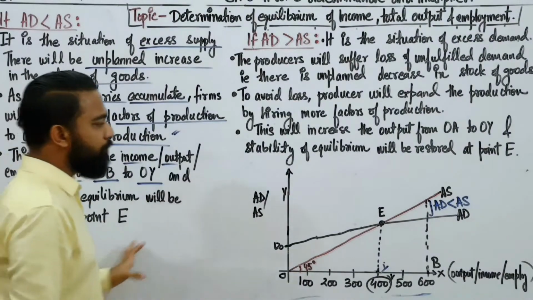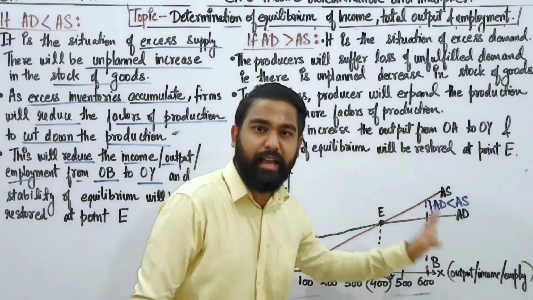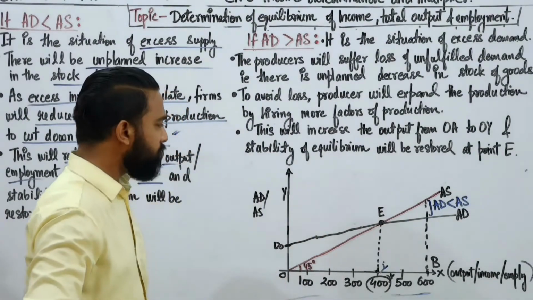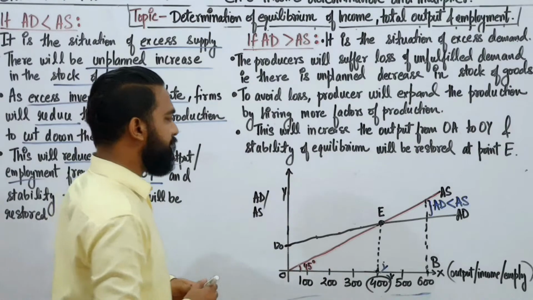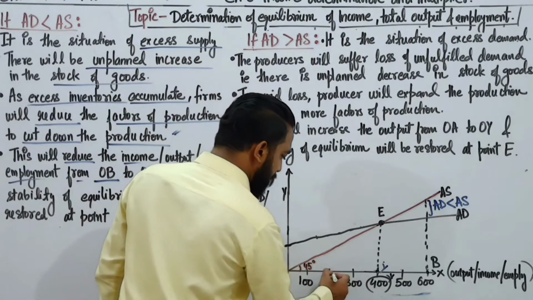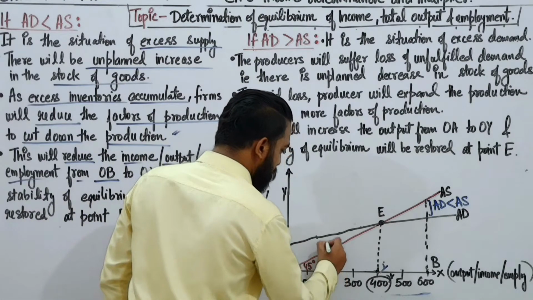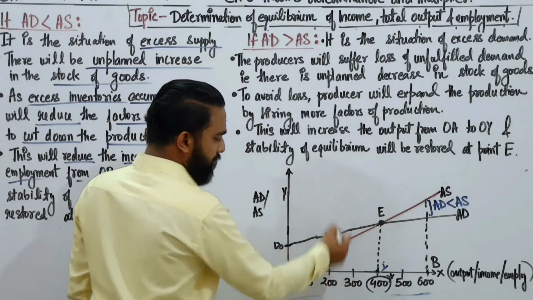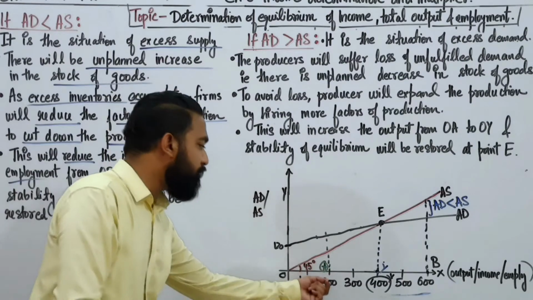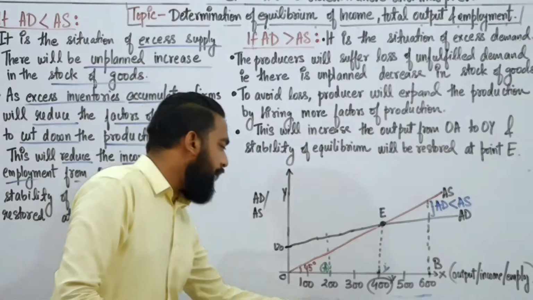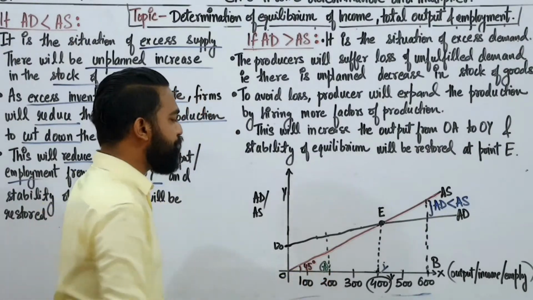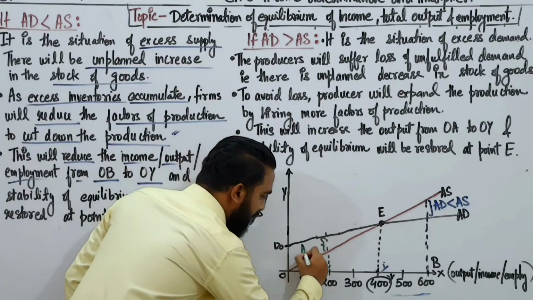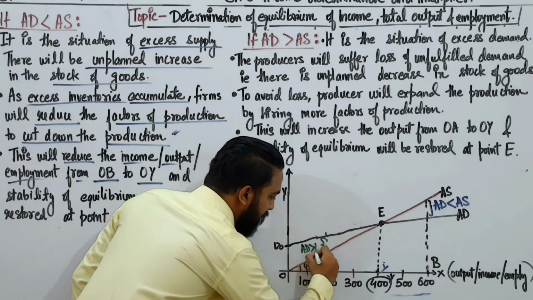Here, this was the scenario where aggregate demand was less than aggregate supply. Now, there is an opposite scenario. Right here, this portion, the left side. Suppose I am taking any point. I am taking this point. Name it point A. Fine. Now, at this level of income, I have taken 200. At 200 level of income at point A, there is a scenario where aggregate demand is more than aggregate